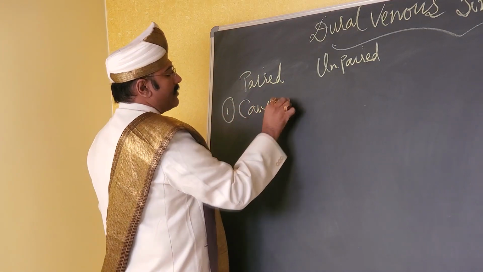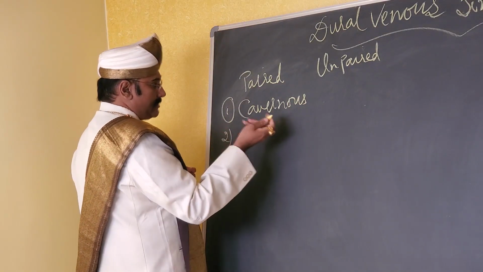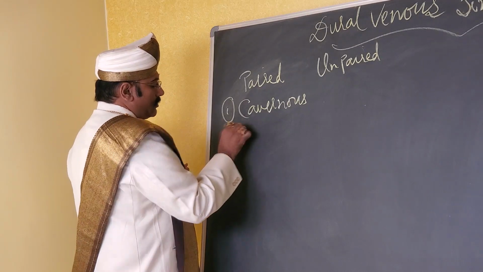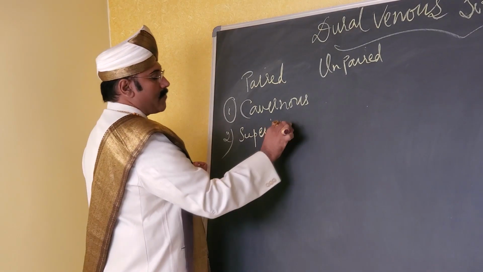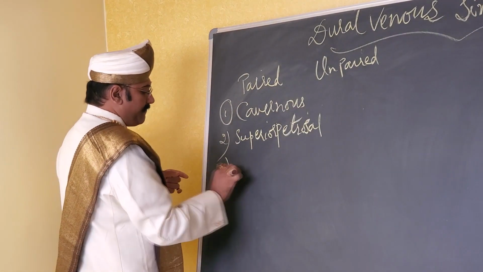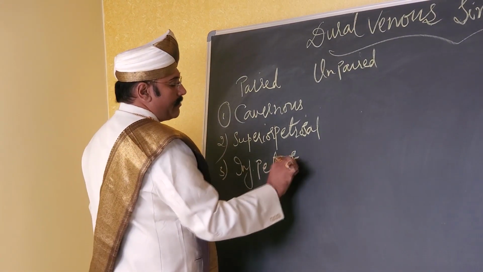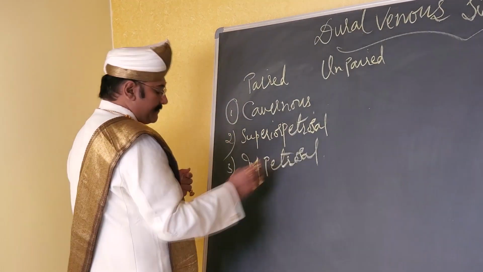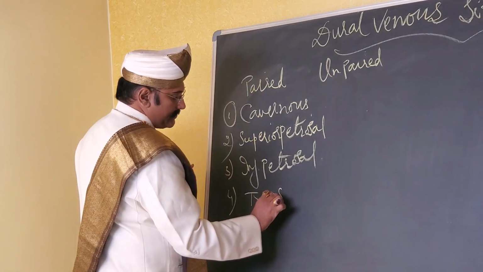They are the cavernous venous sinus, then you have got the superior petrosal sinus, then the inferior petrosal sinus, that is the right side and the left side, and then you have got the transverse sinus,